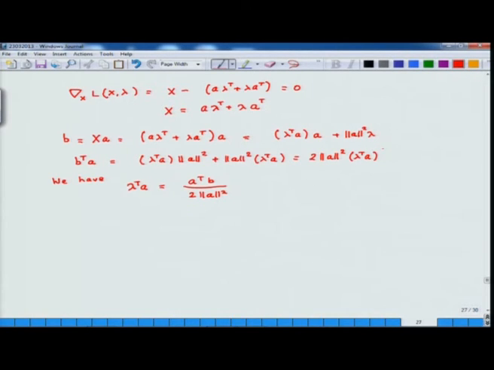So, then this is A and B. Put lambda transpose A into the equation A to get